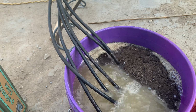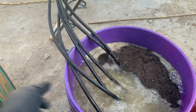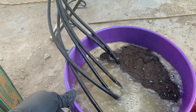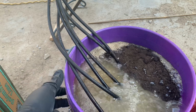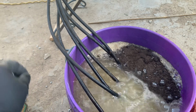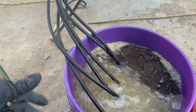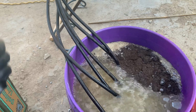Well, folks, as you guys can see, that's pretty much it here for today. You're going to want to go ahead and brew this tea for 24 hours. After you're done brewing that tea for 24 hours, you have the option to feed it directly, or you could actually dilute it. So you could grab another 5-gallon bucket like this one, fill it up about halfway with your purified water, then brew that water probably around 30 minutes just to make sure you get any impurities out, and just to activate all those beneficial